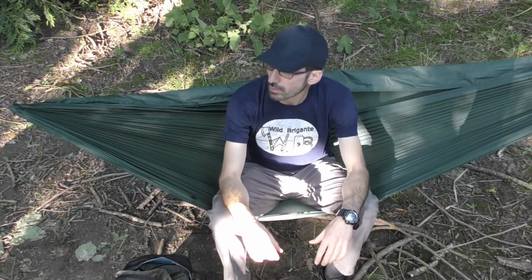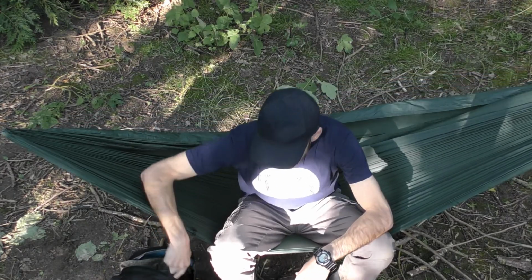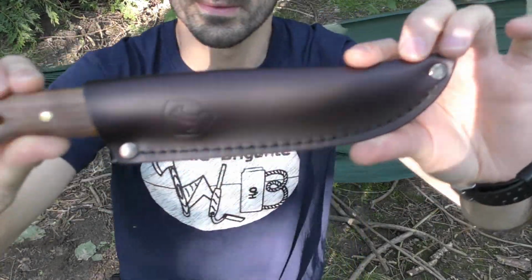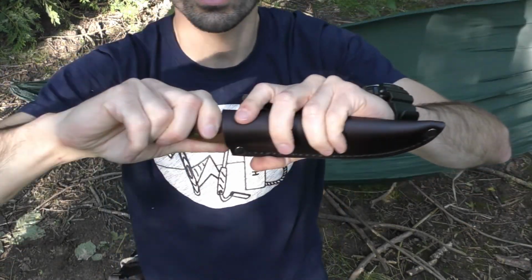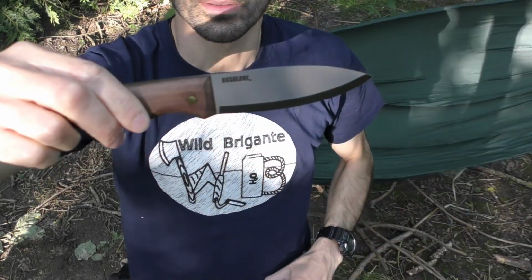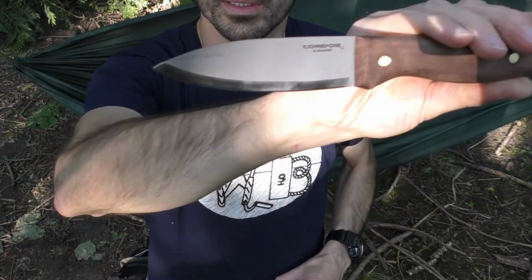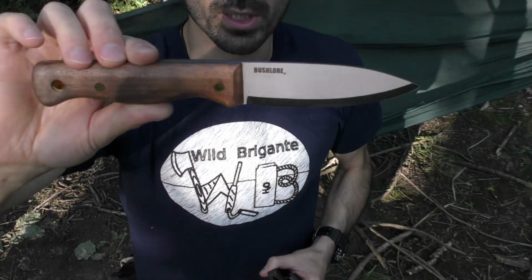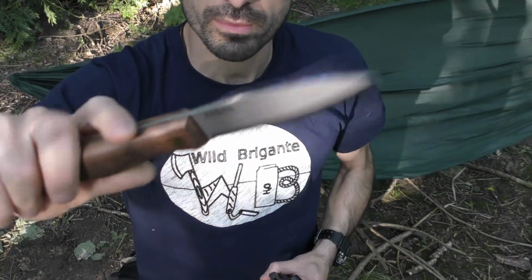So the second thing I want to try on this little afternoon is my new knife. So it's a Condor Bushlore. It's a carbon steel knife. I'm sure most of you are familiar with this knife. It's a classical standard bushcraft knife, and